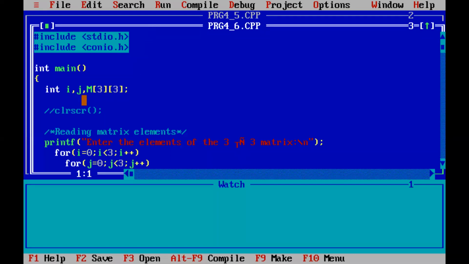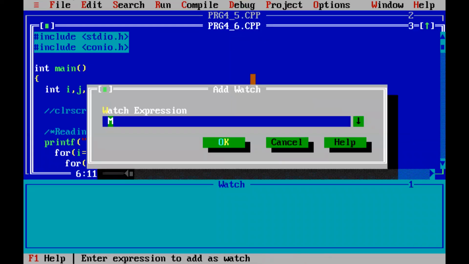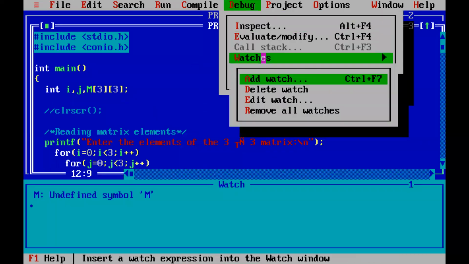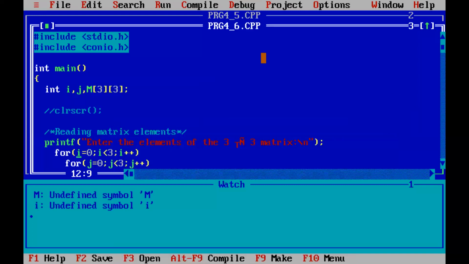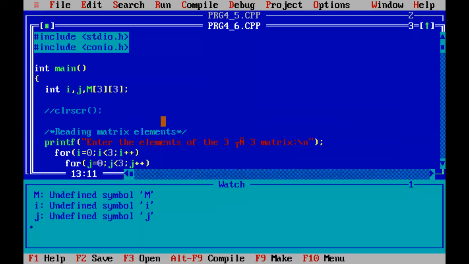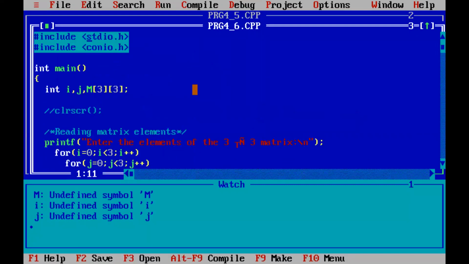We'll see what elements get added. M will have a track, and i and j will have a track. These elements we'll keep track of over here. Now I'll perform the step-by-step execution